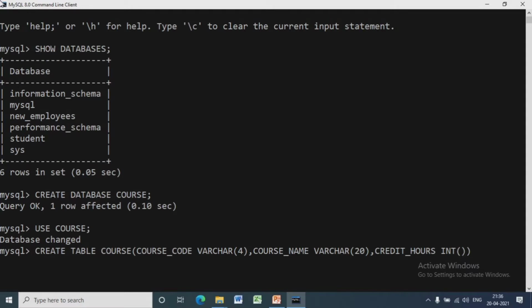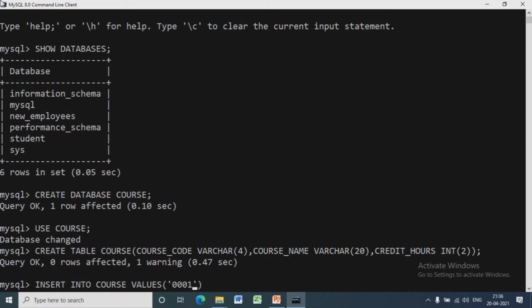There are 2 ways of inserting data. If we want to insert values to all columns, then the syntax is insert into table name values, and within brackets the values. The order should be the same in this way of inserting data.